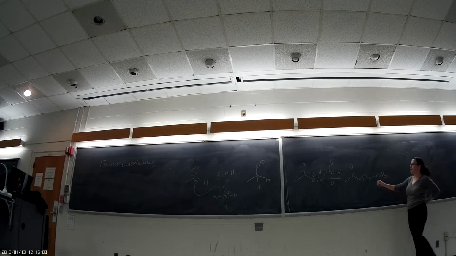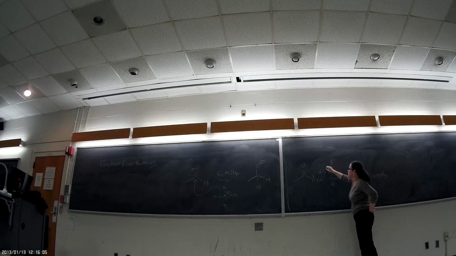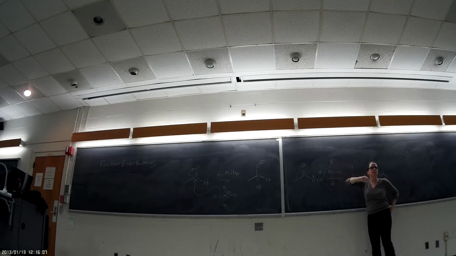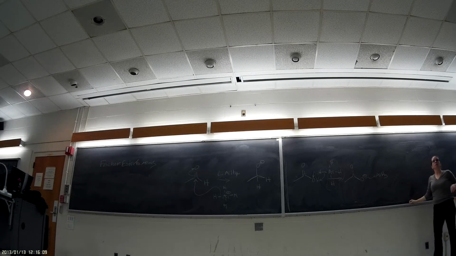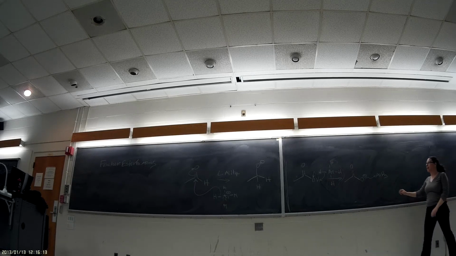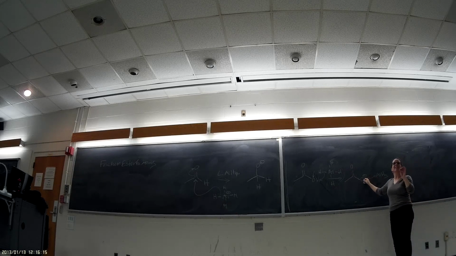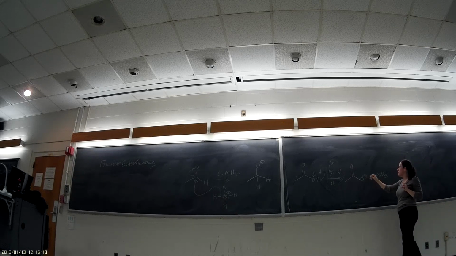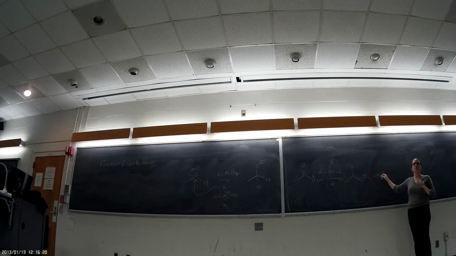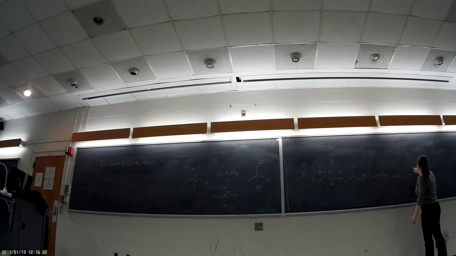AlH3 was formed right here, being let off right here. It's a great electrophile, a group 3 atom, meeting an octet. The oxygen is a great nucleophile because it's negatively charged, right? So I have nucleophilic attack at a really good electrophilic center. And what I get out of this then